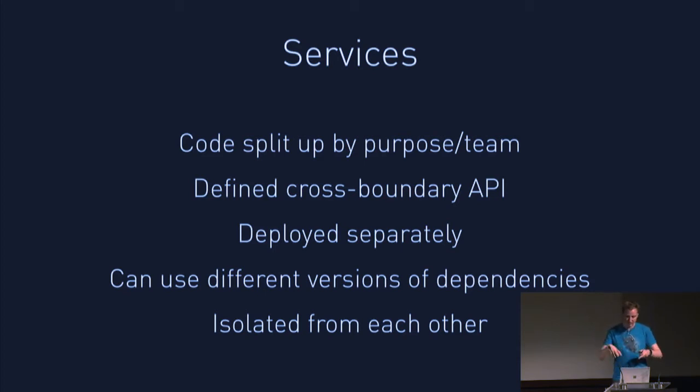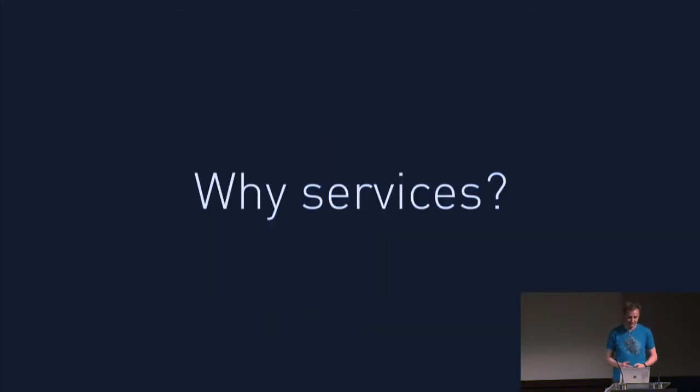And one of the ways you do this is you take all that code you have in Django apps, and Django apps are a really good stepping stone for this, and you start deploying them separately. This means, as one of the good side effects, you can have different dependencies. Say one of your apps depends on an older version of Django, you could run 2 different versions of the Django ORM in production. Not that anyone would do that, of course. It also means they're much more isolated. And this can be both good and bad.